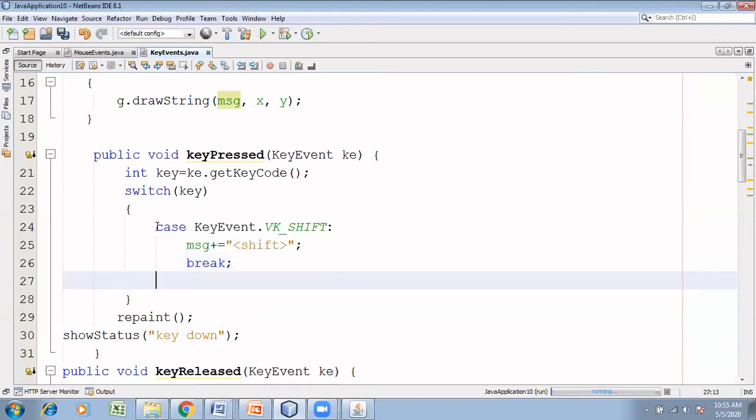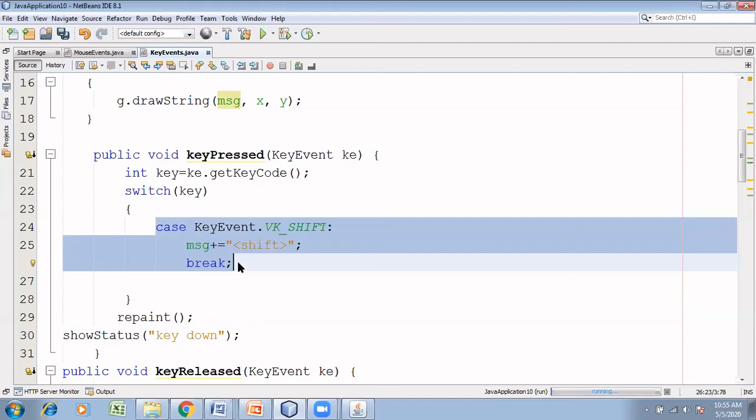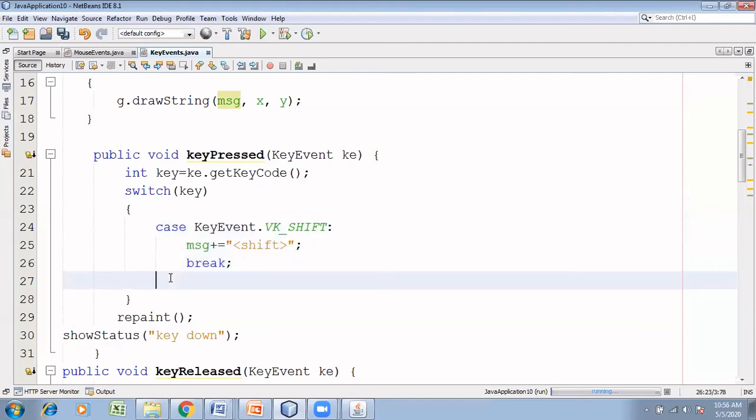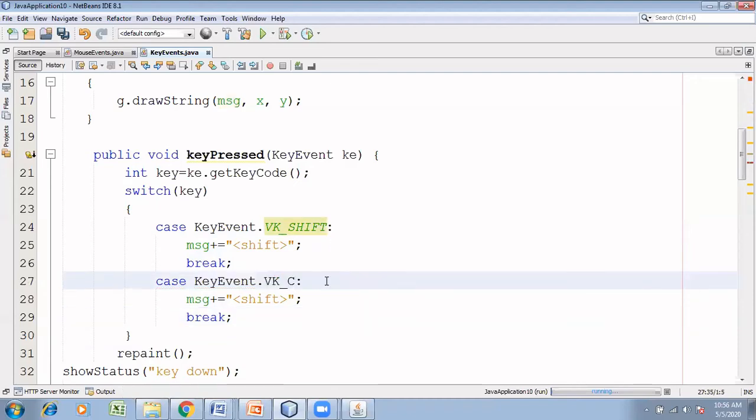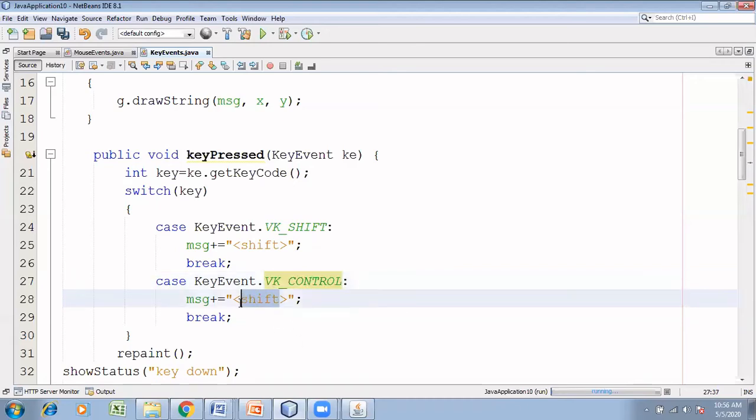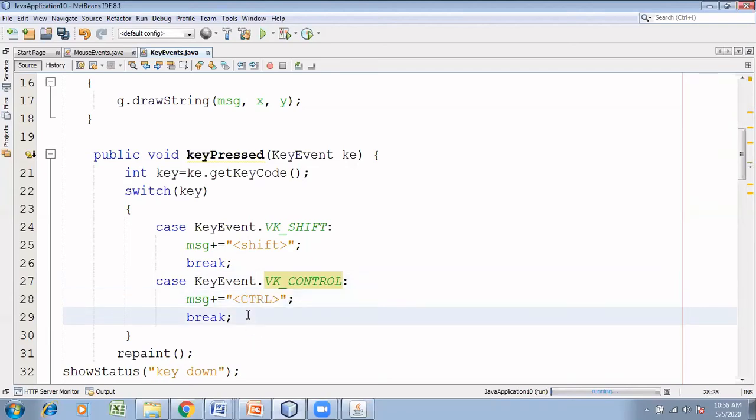Then I can have one more case to handle the control key. That's called VK underscore CONTROL. Here I need to display CTRL. That is how it is there on my keyboard.